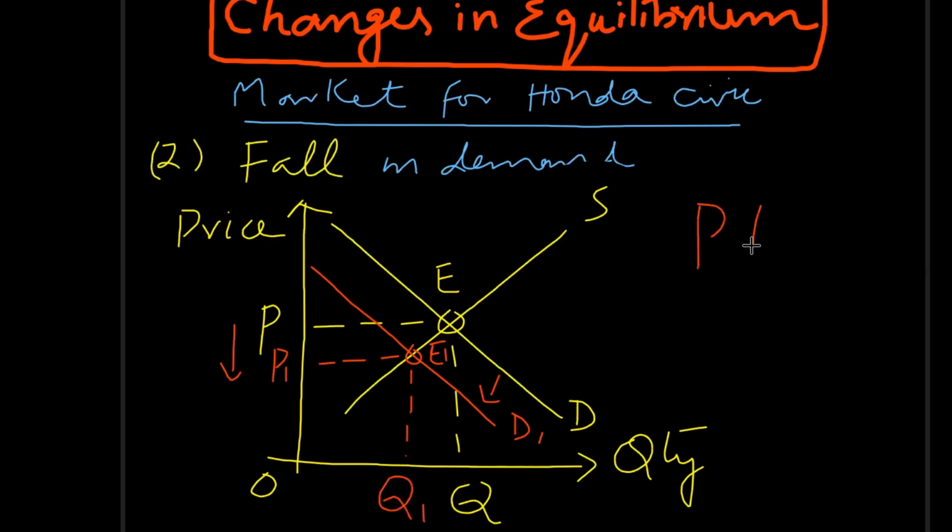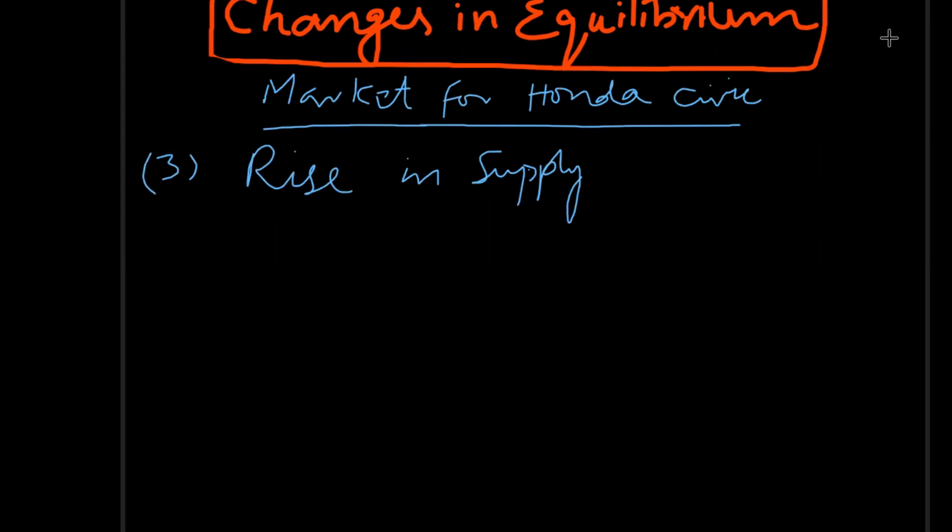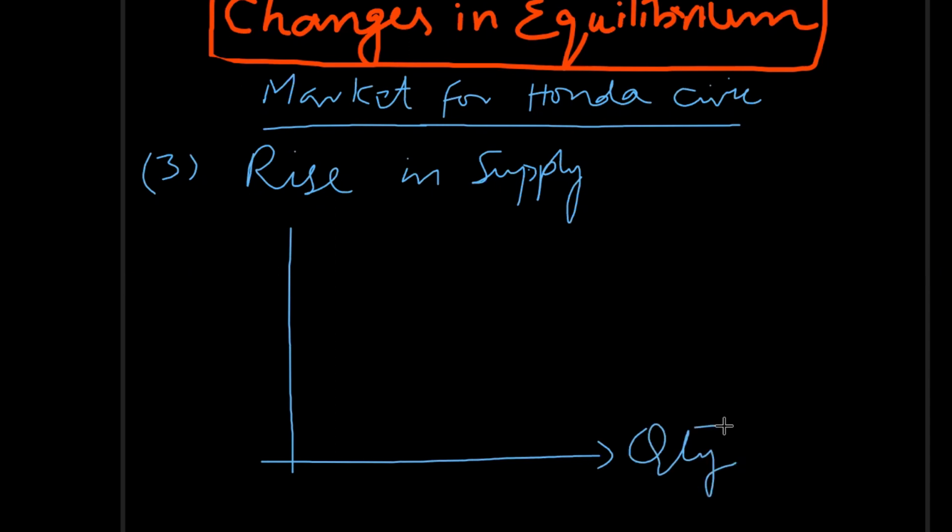So in this situation, whenever the demand for Honda Civic cars is low, the price will fall and quantity will also fall. So the reasons for fall in demand for Honda Civic cars or any other product can be fall in income of consumers, fall in taste and fashion for a product, rise in interest rate, or there might be expectation of that product is expected to be cheaper in future, so people will stop buying them and wait for the future for its price to fall.